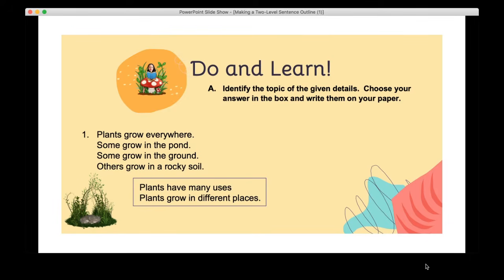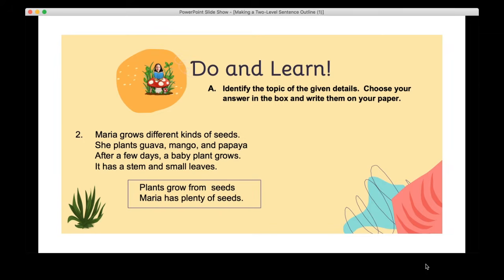If your answer is plants grow in different places, you got the correct answer. Number 2. Maria grows different kinds of seeds. She plants guava, mango, and papaya.